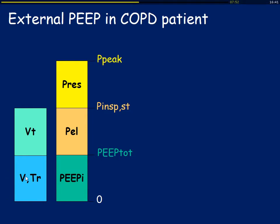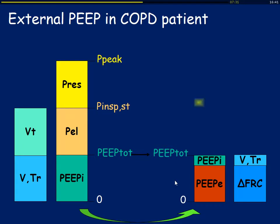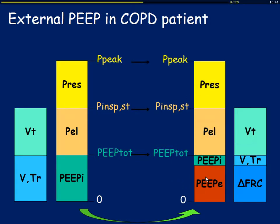This is a COPD patient. He has a certain amount of intrinsic PEEP, an amount of pressure that is generated by the tidal volume, plus the resistive expiratory pressure. The volume of the lung is hyperinflation plus tidal volume. Now, if we add PEEP, an external PEEP,